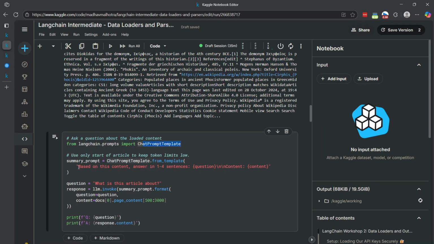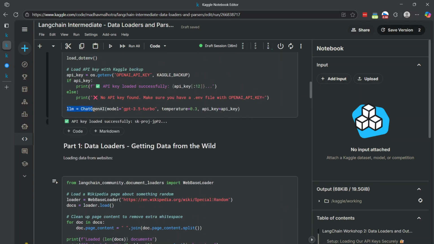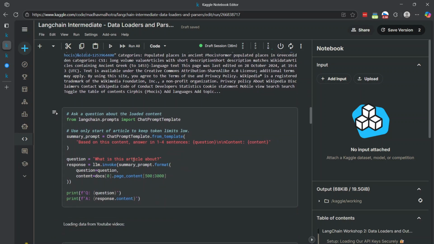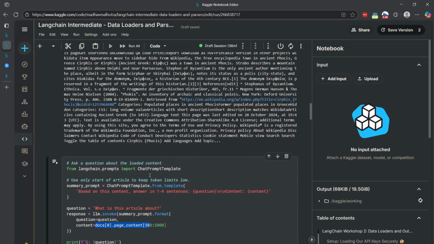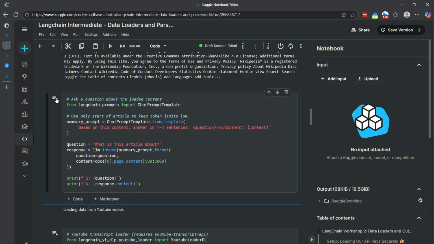classes in LangChain to create a quick prompt template. You can see I have a question placeholder and a content placeholder. And then I can call llm.invoke. Again, llm is this thing that we instantiated up here, where we take this prompt, this question, and send it our data. So let's say our question is, what is this article about? Our content is what we just fetched from Wikipedia. And if we run this code block,